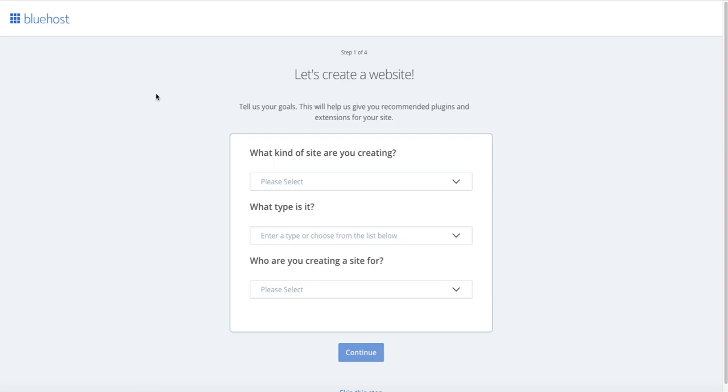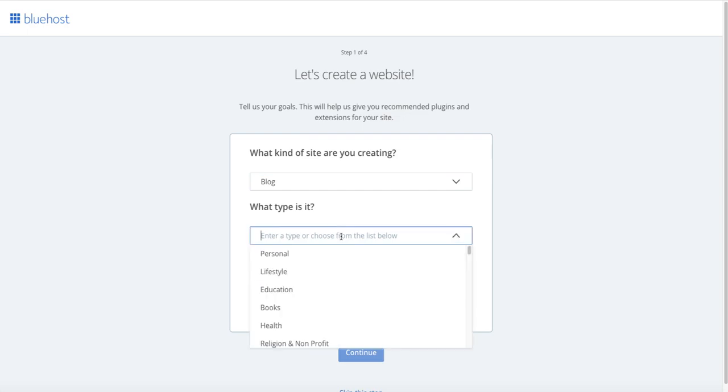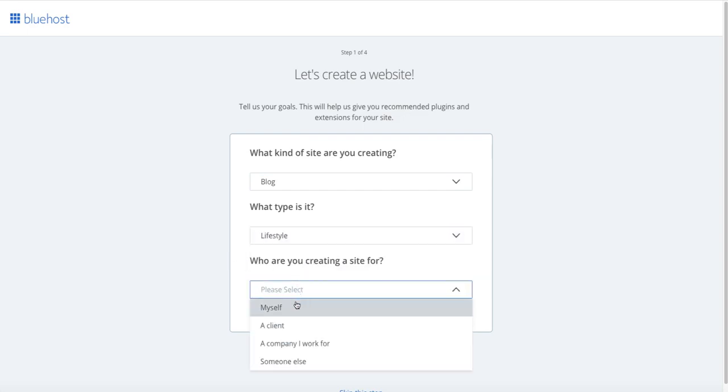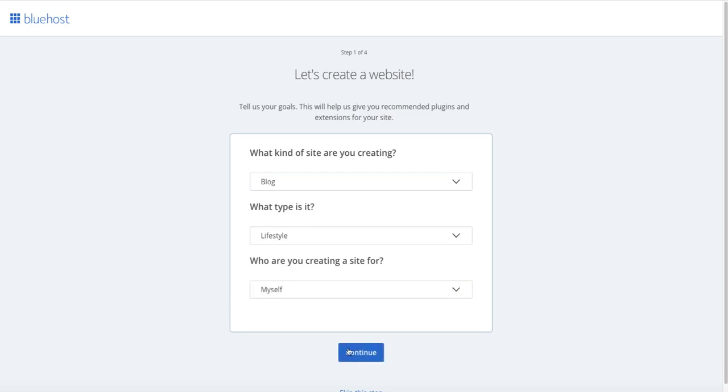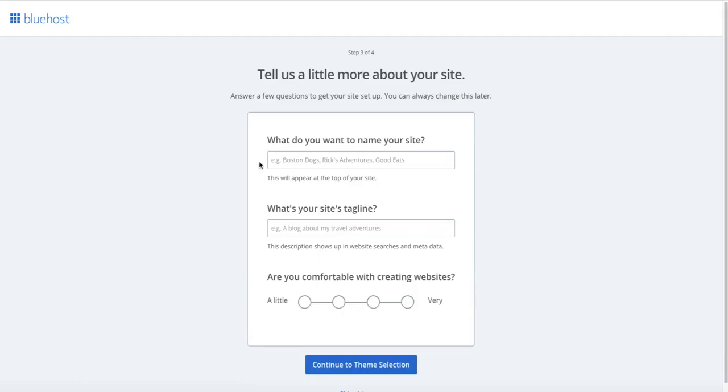So once you get your hosting account added on with your domain in Bluehost, you're going to get prompted here once you log in. What is it? There's going to be a blog. We are going to do, let's call it lifestyle. And who am I creating it for? Myself. So that's it. Pretty simple stuff. So we're going to check blog, continue. What do you want to name your